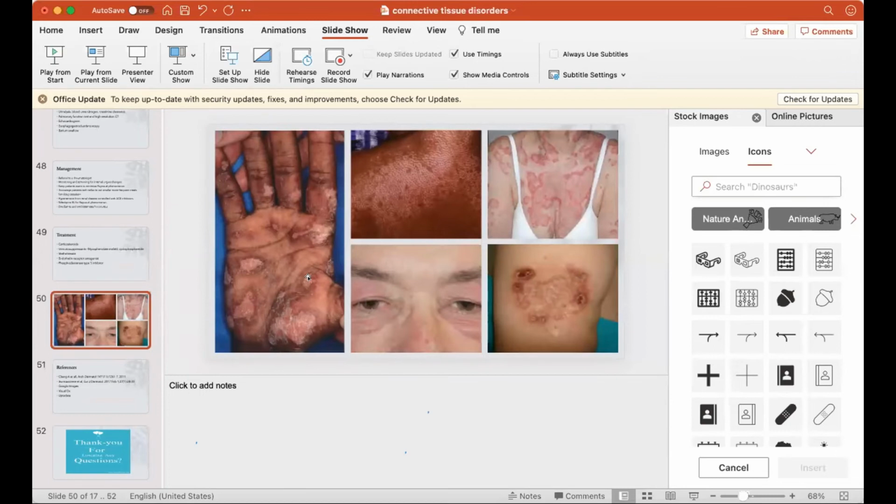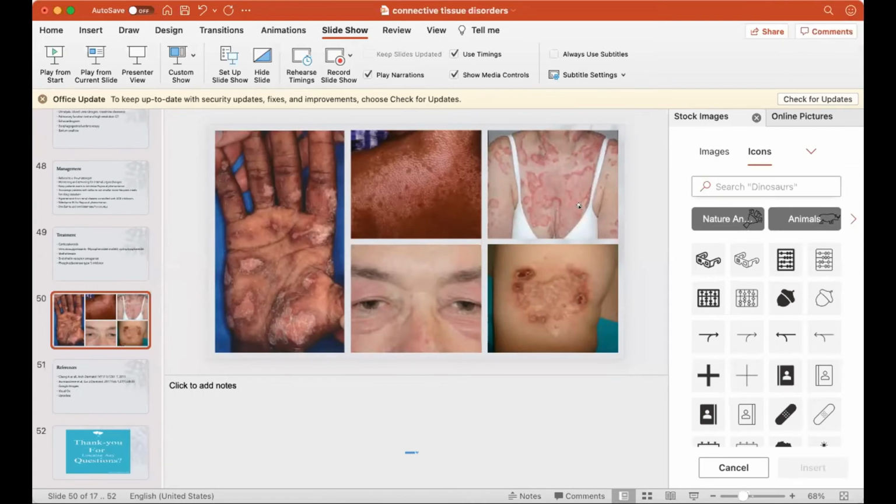And the one in the middle at the top? This is features of scleroderma, in particular the salt and peppering of scleroderma. And the one at the bottom in the middle? This is dermatomyositis, showing the heliotrope rash. The periorbital edema is right there. And the top right? Subacute cutaneous lupus, showing the very annular polycyclic papulosquamous plaques.